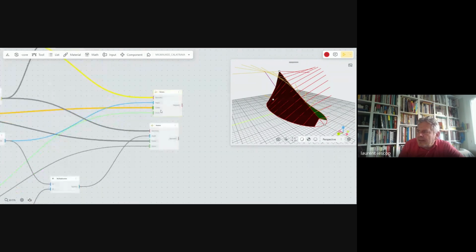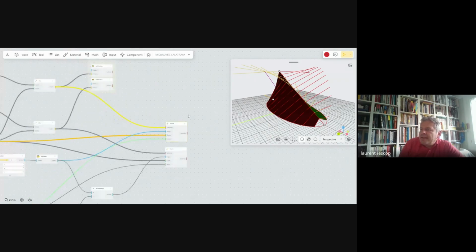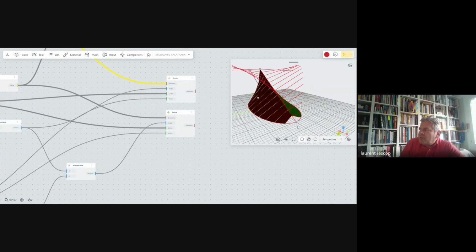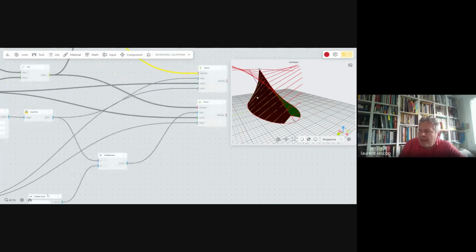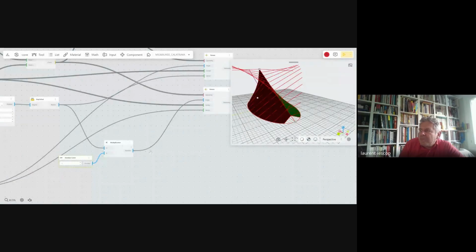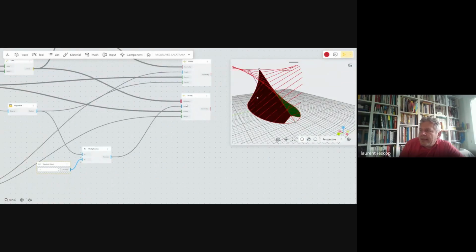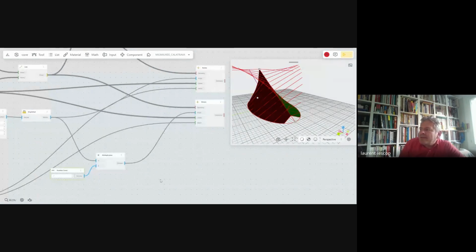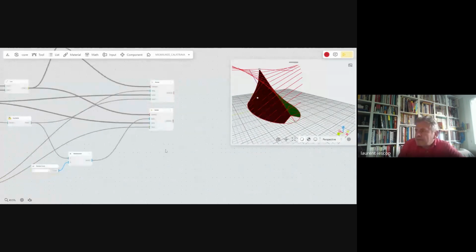The vector is connecting both boxes here. The center is the same as well. The geometry is lines from one side and lines from the other side. And on the right side, we have to have a negative value. So I did a multiplication, and it's connected to my angle here. So instead of plus 90 degrees, I've got minus 90 degrees.